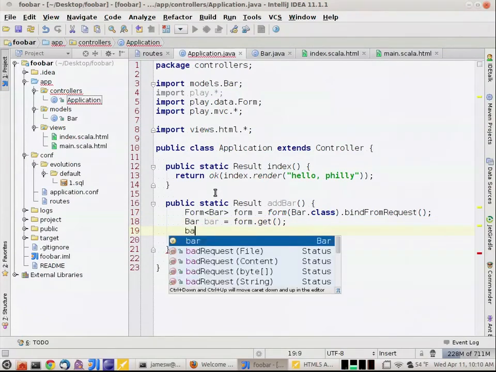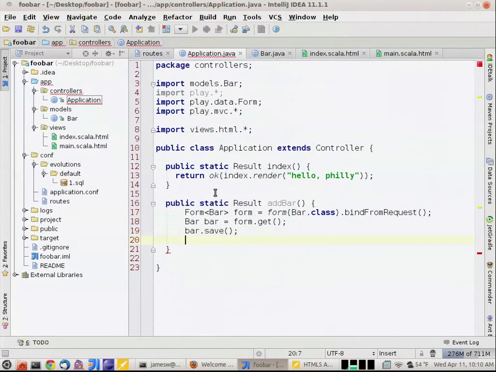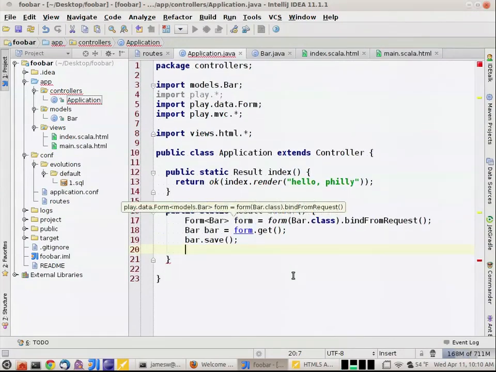So because my bar extended model, it now has a save method on it. So now I can just call bar.save. That'll save the bar object. So now last thing, I've got my bar saved. I'm just going to redirect back to the index page very simply in this case. So to do that, let me increase my font a little bit more. So to do a redirect, I'm going to return a redirect, and